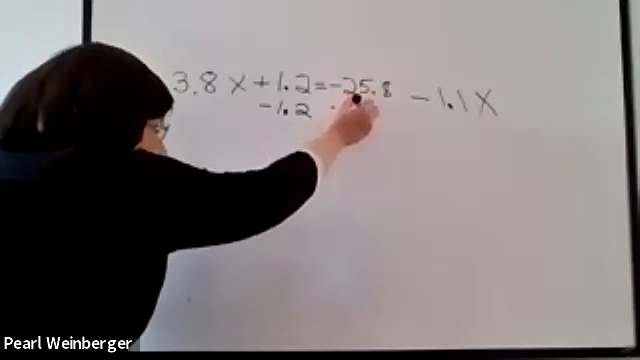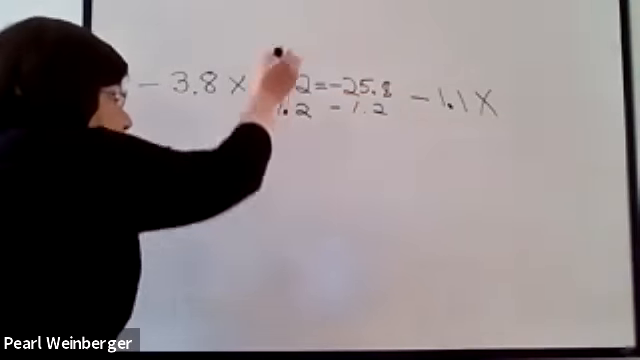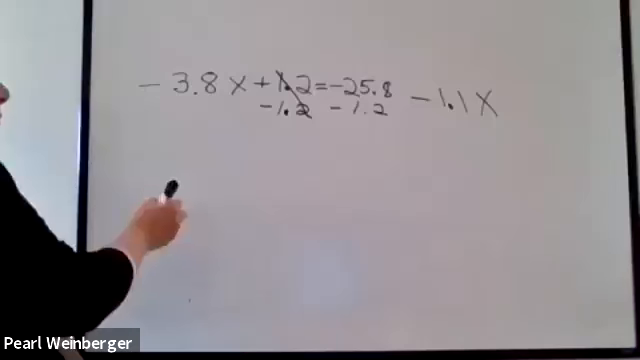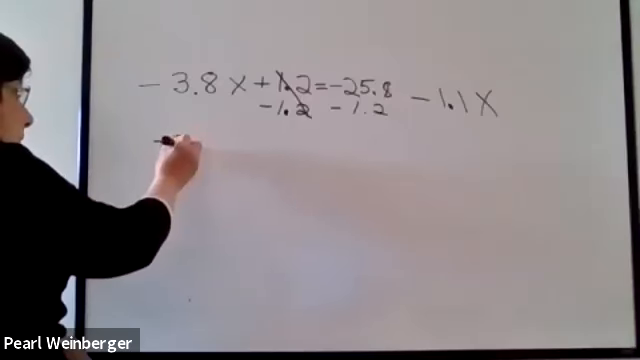because I don't want the plain numbers in the equation on the left side of the equation. So that'll leave me negative 3.8x. On the right side I'm going to do negative 25.8 minus 1.2, and that gives me